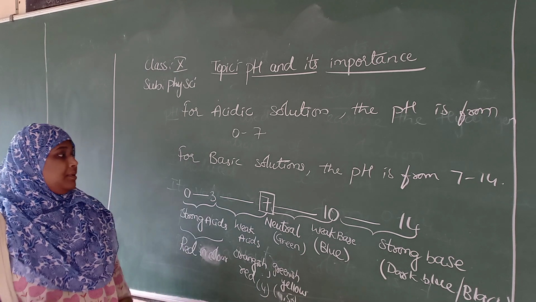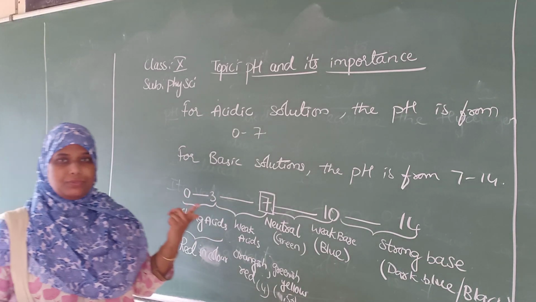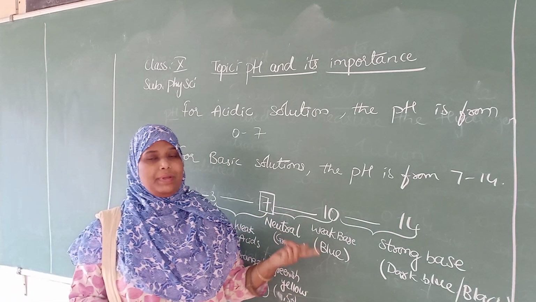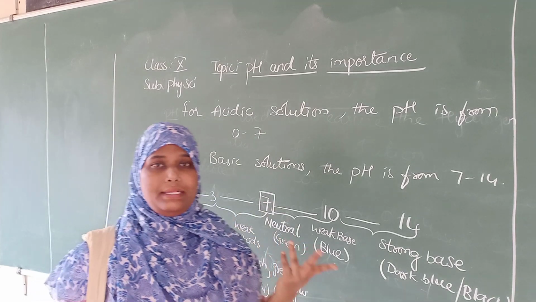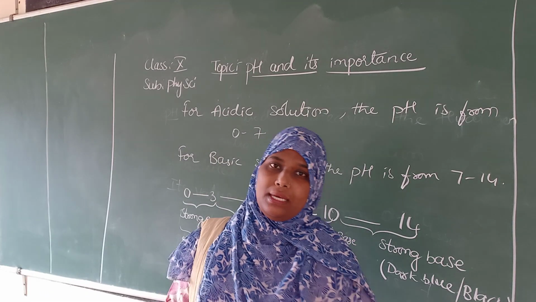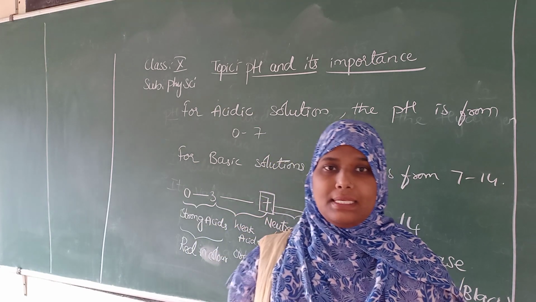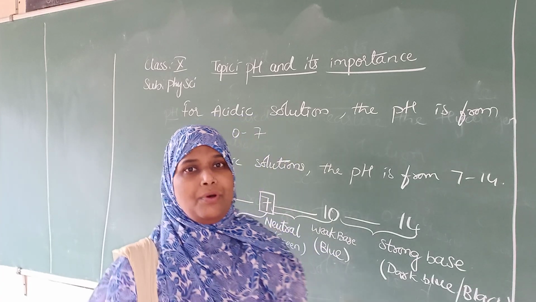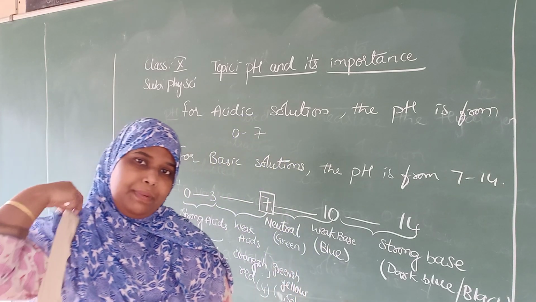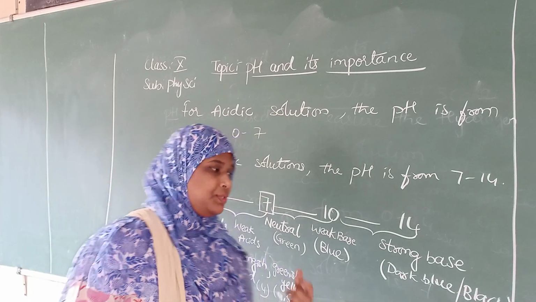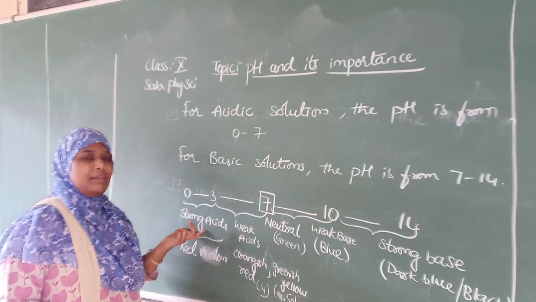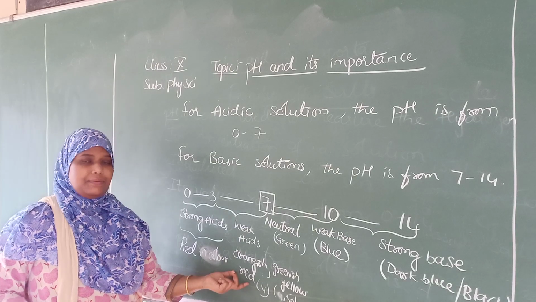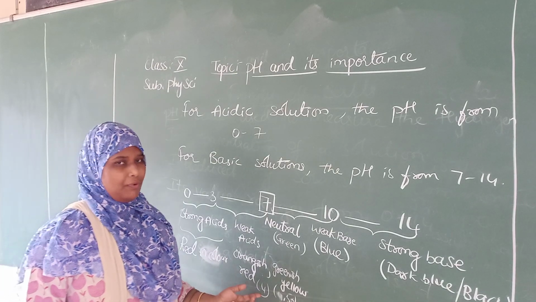So let me repeat. The pH strip is used to identify whether a substance is an acid, base or a neutral substance. Whenever it is dipped in a solution, it gives a variety of colors. Depending upon the color, we can predict whether the substance is a strong acid, a strong base, a weak acid, a weak base or a neutral substance. If the color changes to red, it is a strong acid. If it changes to orangish red, the substance is a weak acid and its pH would be around 4.